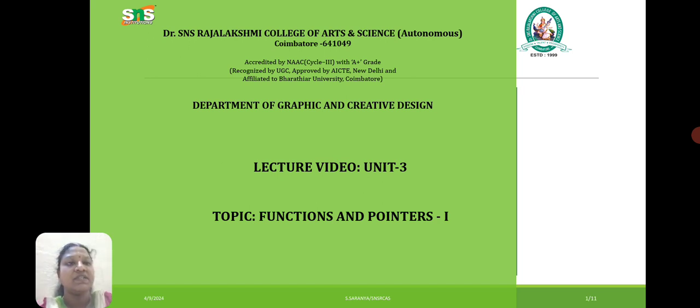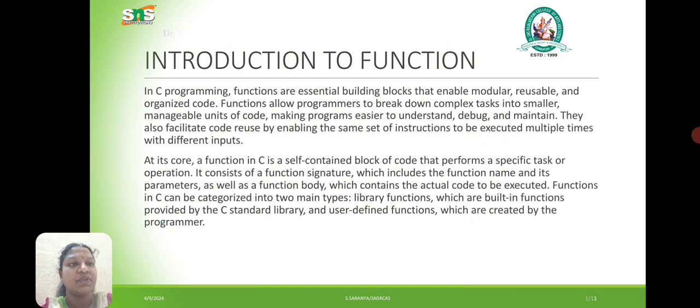Now we are going to see about the function and pointer in C programming. Introduction to function. In C programming, functions are essential building blocks that enable modular, reusable and organized code. Functions allow programmers to break down complex tasks into smaller, manageable units of code, making programs easier to understand, debug, and maintain. They also facilitate code reuse by enabling the same set of instructions to be executed multiple times with